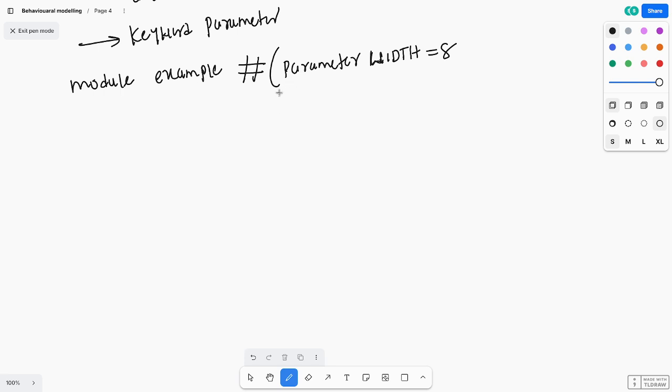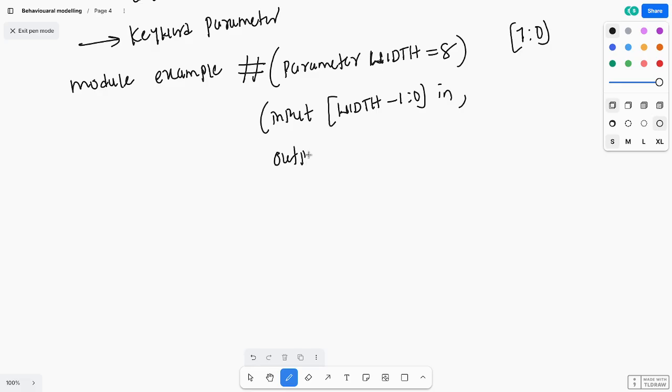Okay, and next, I am declaring input that is width minus 1 to 0. That means width equal to 8 means 8 minus 1, so input is 7 to 0. Okay, and what is output? Output I need to declare, width minus 1 to 0,